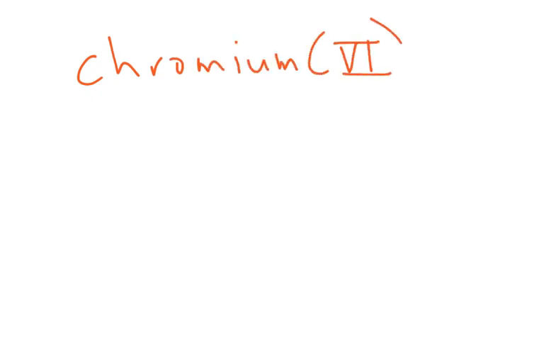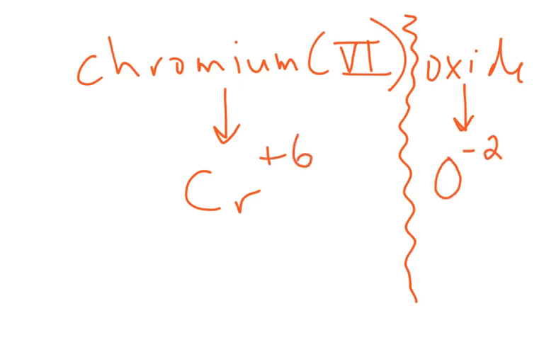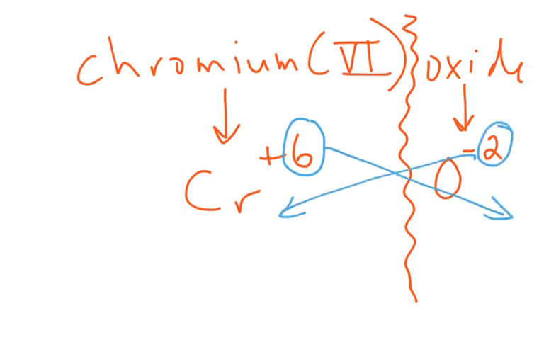In example F, we have chromium VI oxide, which is chromium 6 oxide. And because this is a metal, we're going to go ahead, draw our squiggly line, and then write out the ions for both. Chromium 6 looks like this. Oxide looks like that. Let's circle the numbers, not the charges, just the numbers, and then cross them over. So that's going to give us